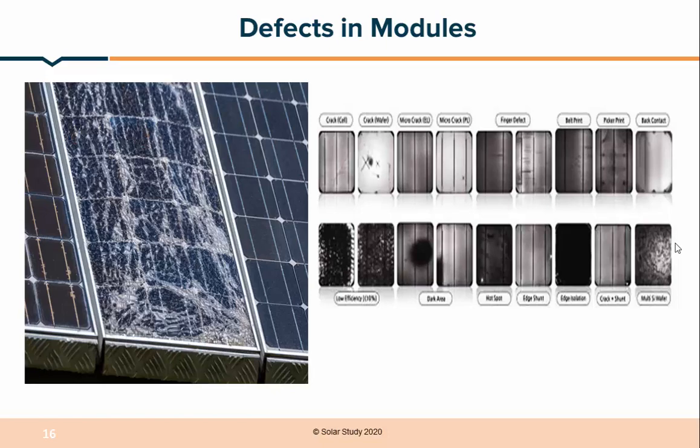Then what happens is, when voltage is applied, the photodiodes or solar cells start emitting light, and this light is captured by the electroluminescence camera. These electroluminescence cameras are designed in such a way that they match the light emitted from the defective solar module. So when voltage is applied to the solar module, it illuminates light, which is captured by the EL camera. This type of image is called EL imaging.